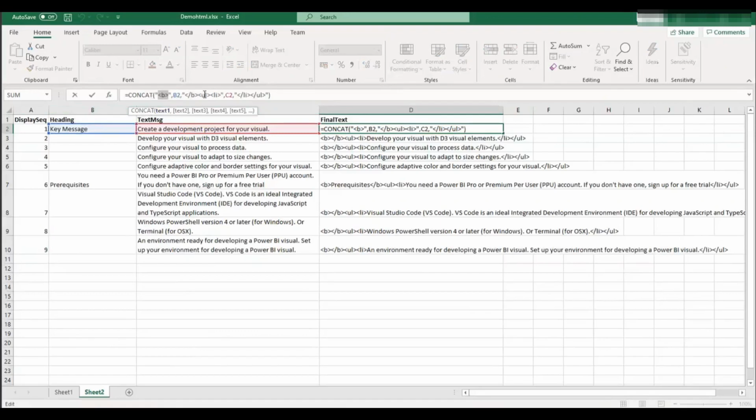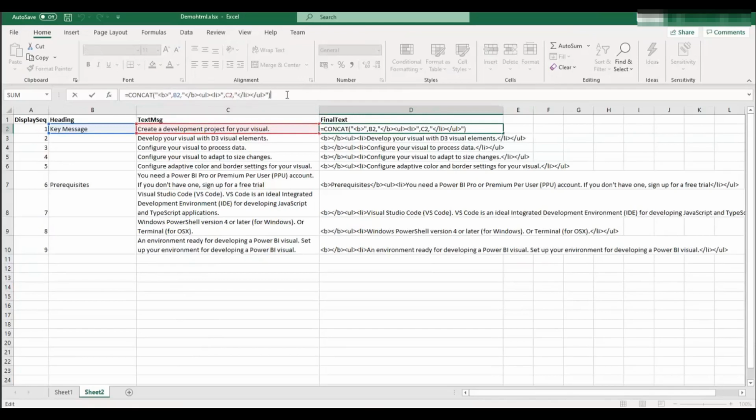UL is for the bullet points, so I am saying UL and LI. LI is for each text within that. So I open UL, open LI, and I say C2. C2 is the text message. And again I close LI and I close UL as well.